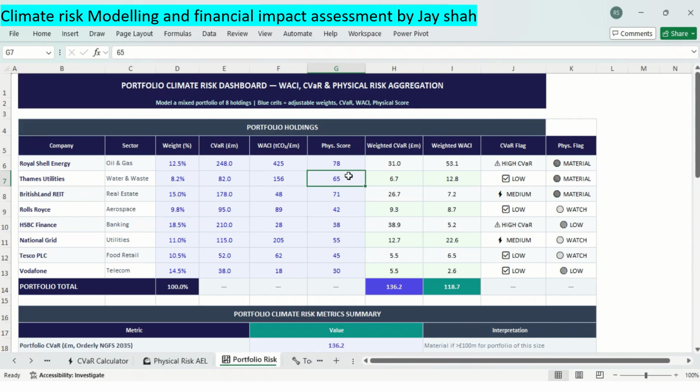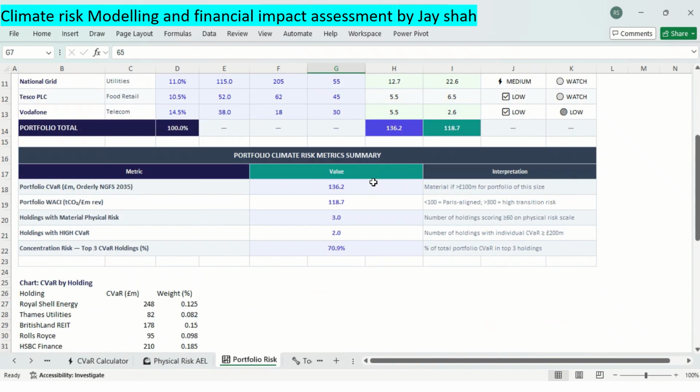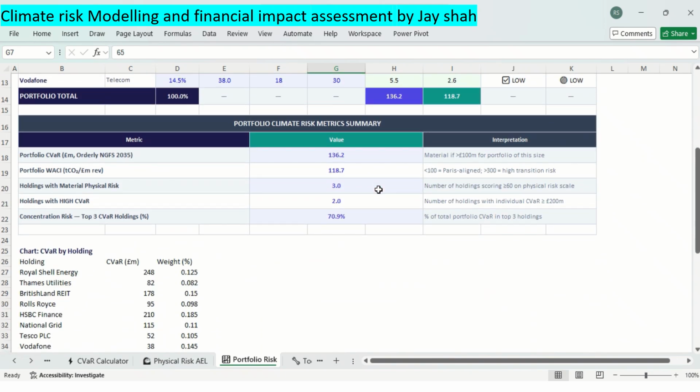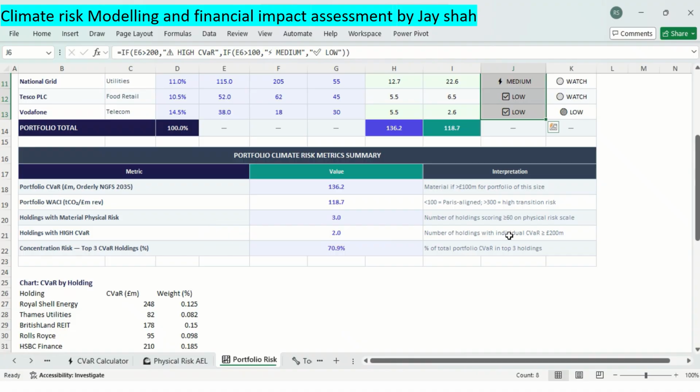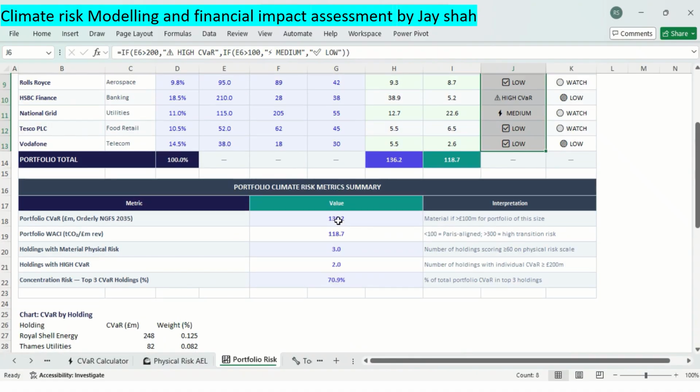So this is the sheet where the portfolio climate risk metric summaries also look like this, and portfolio CVaR is very important for disclosures as well as for your strategy. And here column J is very important to understand the scenario of the CVaR flag, and the chart at the bottom of the sheet is very important. And basically in the summary table,